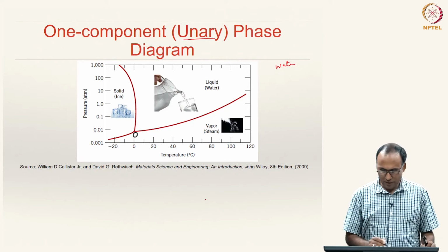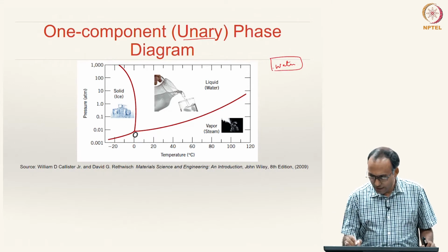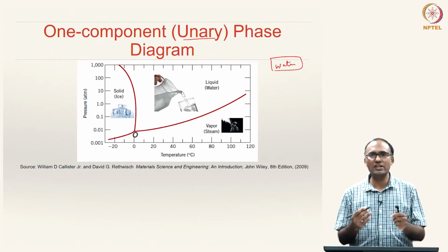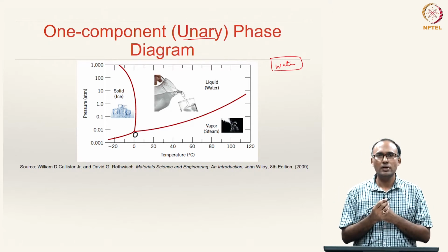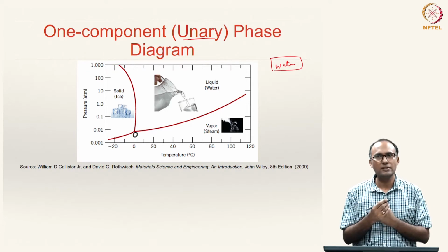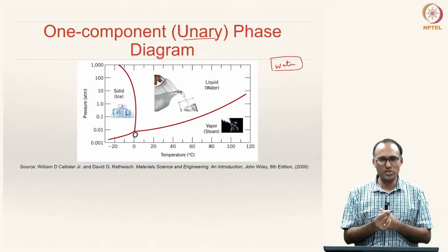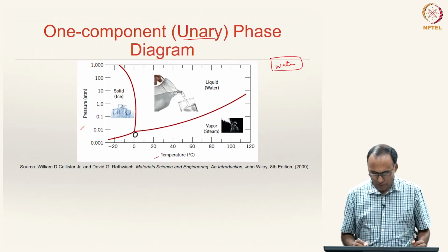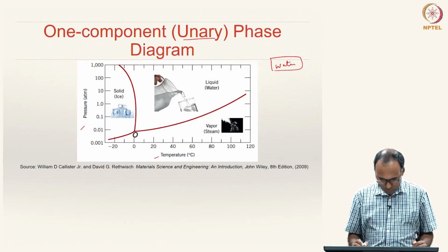So, here, because it is a unary phase diagram, the composition does not come into the picture. Composition comes into the picture when there is more than one component. Because there is only one component, it will be there 100%. So the composition does not come into the picture, and hence the other two variables are pressure and temperature. Here on the y axis we have pressure,